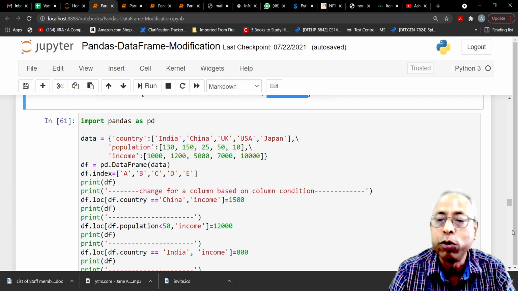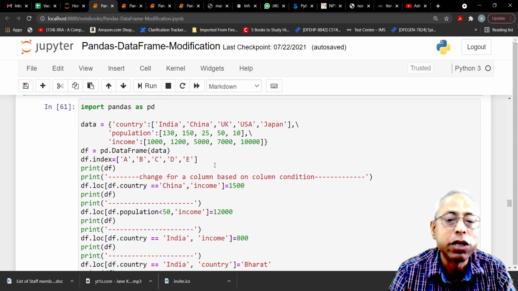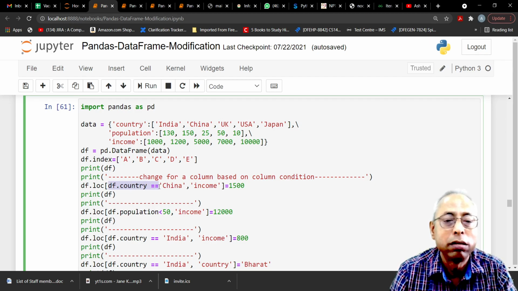The same data frame I have used here, country, population and income. And you see that the first condition I am giving is, if the data frame's country column has China as the country, then its income should become 1500.